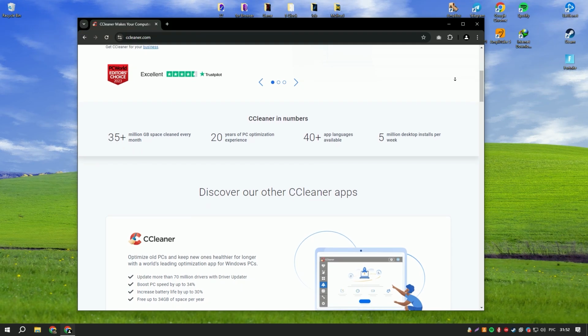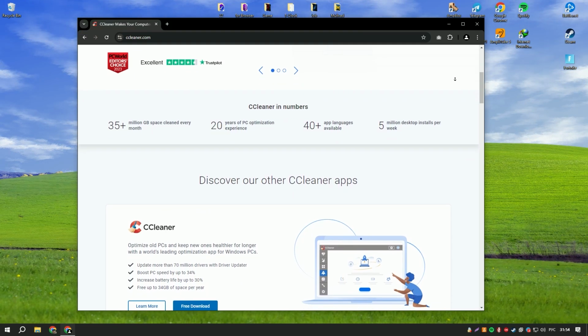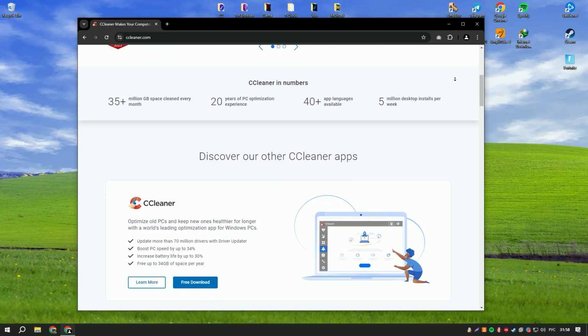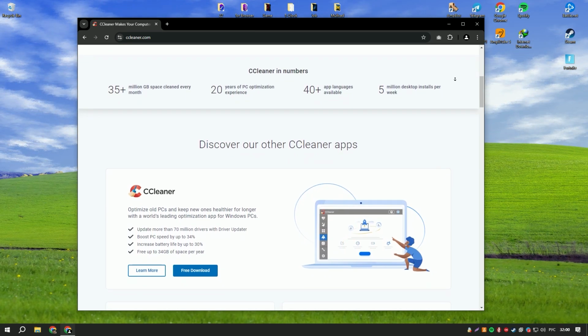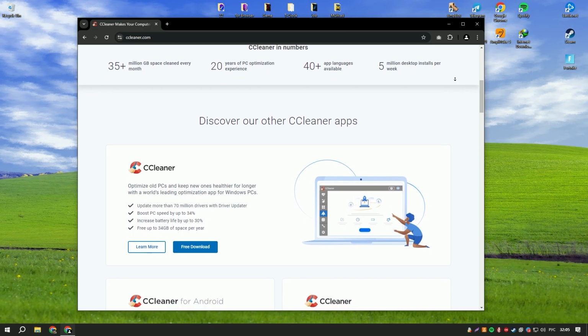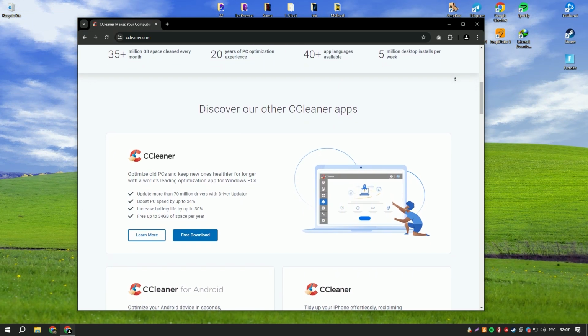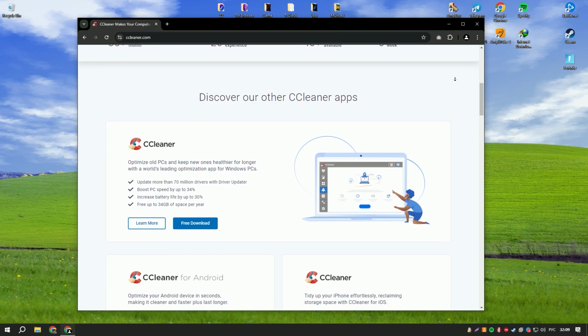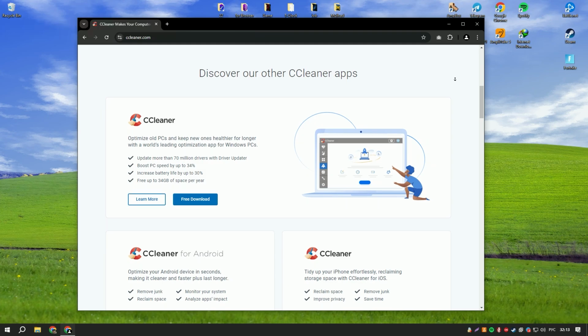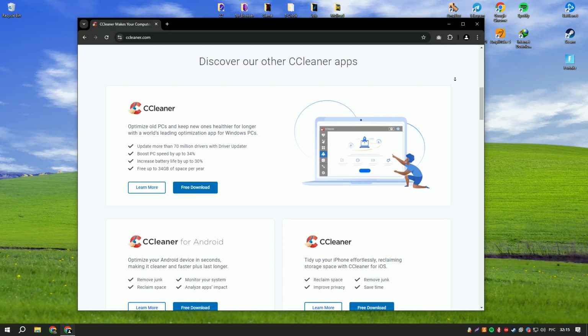One of the core strengths of CCleaner is its ability to effectively clear up disk space by removing temporary files, browser caches, and other unnecessary system files that can slow down a computer. This cleanup process helps in enhancing the overall performance and speed of the system, making it particularly valuable for users